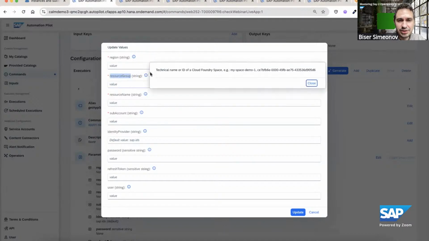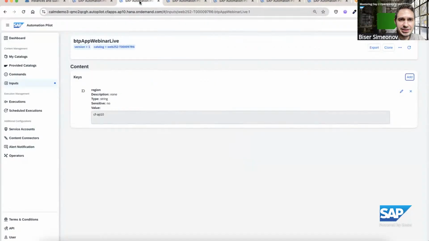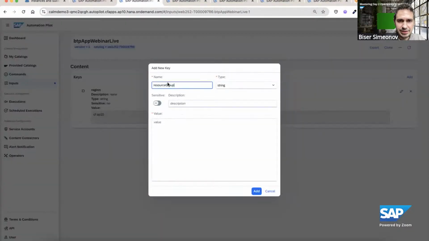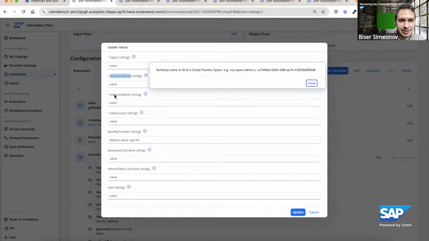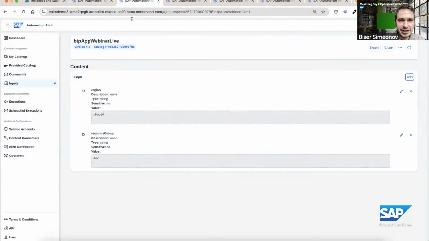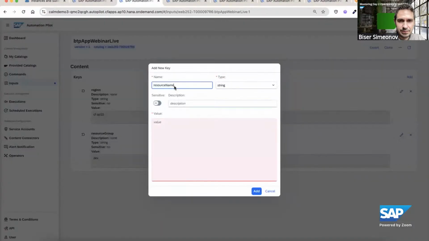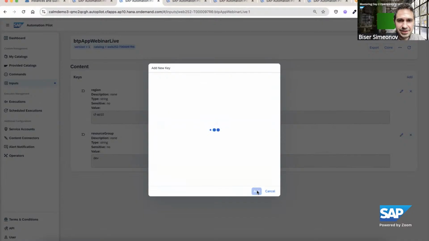Fair enough. Then same approach, let's go with the resource group. So the resource group here, the annotation, that's the name of the Cloud Foundry space, right? So resource group, I have copied that over. It's a string as well. So I click here, resource group, string. And as I said, the Cloud Foundry space name is dev. So I click on that. Resource name, right? So it is a string as well. I type here, it is a string, and resource name, it is bookshop SRV,